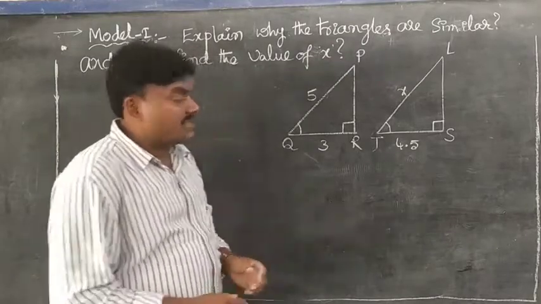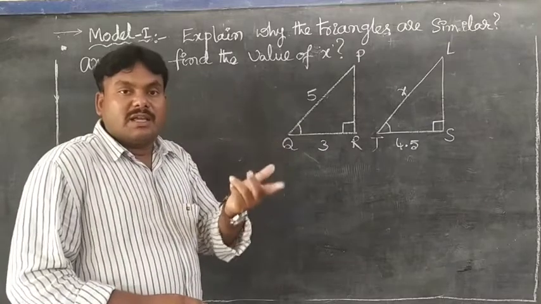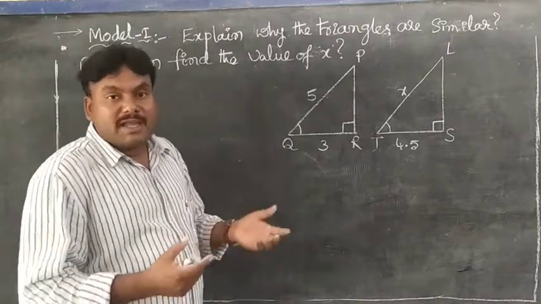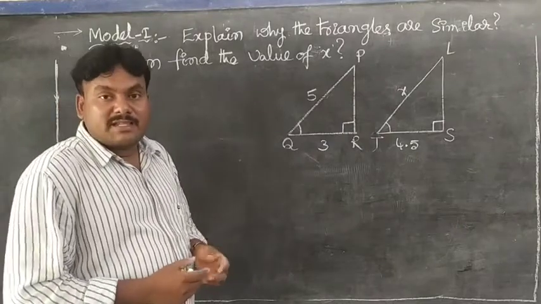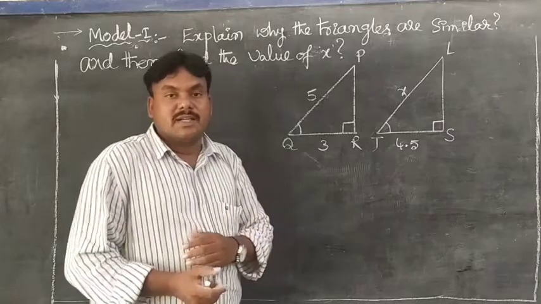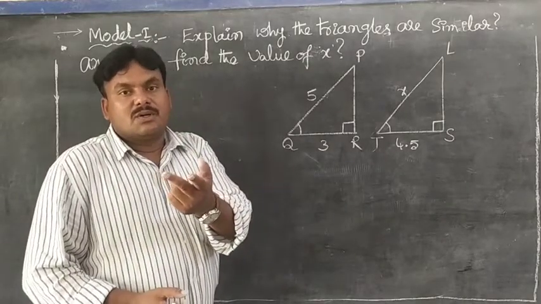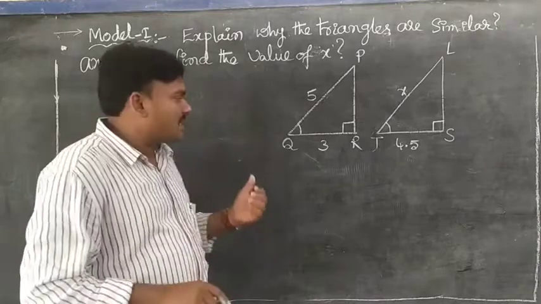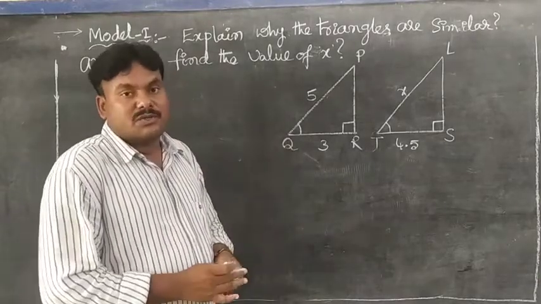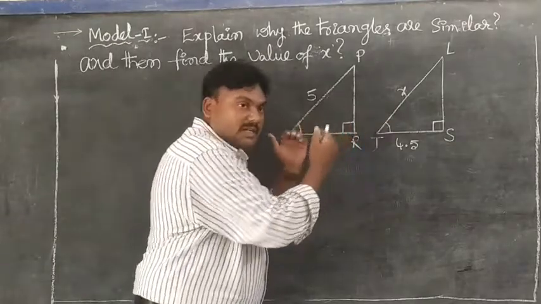both triangles are similar to each other. If you know two angles, apply AA or AAA. Why? How do we find the third angle? By the angle sum property. What is the angle sum property? In a triangle, the sum of three angles is equal to 180 degrees. If you know two angles, automatically we can find the third angle also. So, no need to find the third angle, just apply the angle sum property, then the third angle is also equal. Yes, observe. First of all, check whether both triangles are similar or not.